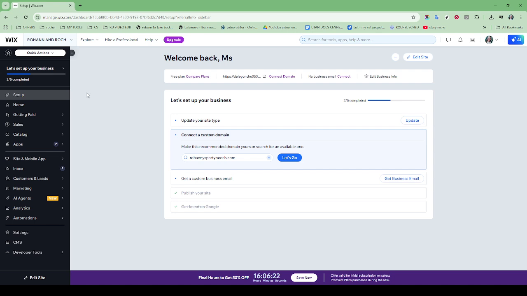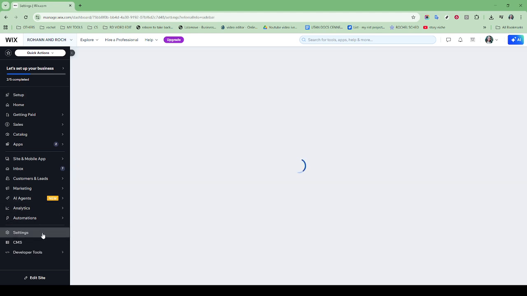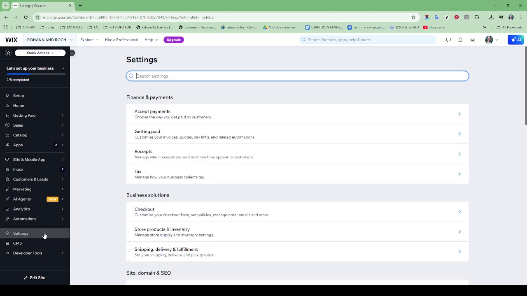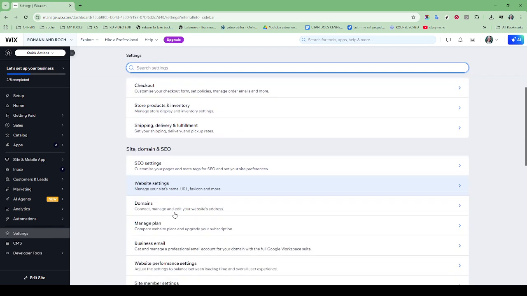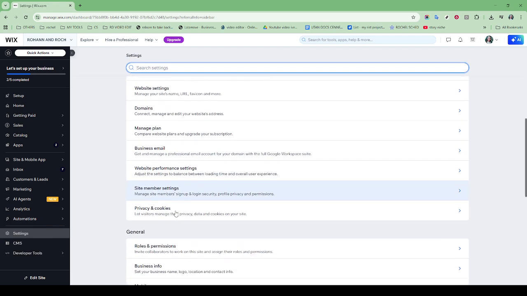Now, once you're inside your Wix dashboard, head over to the settings menu. This is your control center, where you can tweak various aspects of how your website operates. Inside settings, you'll find a host of options, but what we're looking for today is accept payments. This section is crucial because it allows you to manage how your customers can pay for your products or services